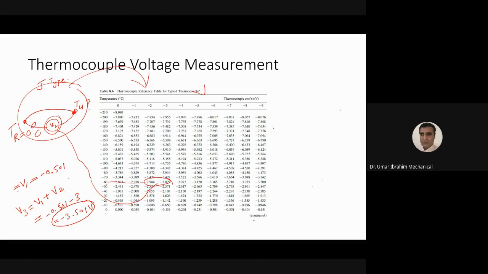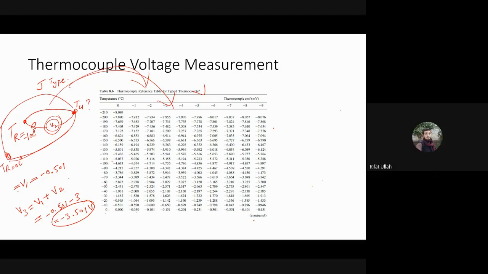ठीक है, लेकिन चूंकि मेरा रेफरेंस फॉर वट एवर रीजन, यहां पे तो मैंने एज्यूम किया है ना, फॉर वट एवर रीजन माई रेफरेंस टेम्परेचर वॉज नॉट एट 0 डिग्री सी बट रादर एट -10 डिग्री सी पे था। अब हम डायरेक्टली ये वाला टेबल यूज नहीं कर सकते इस एग्जाम्पल के लिए। ठीक है, आपने इस एग्जाम्पल को कन्वर्ट करना है सो दैट योर रेफरेंस टेम्परेचर इज 0 डिग्री सी, जो थोड़ी देर पहले मैंने जो सारा प्रोसीजर किया था। क्लियर है? ओके सर, सही है।